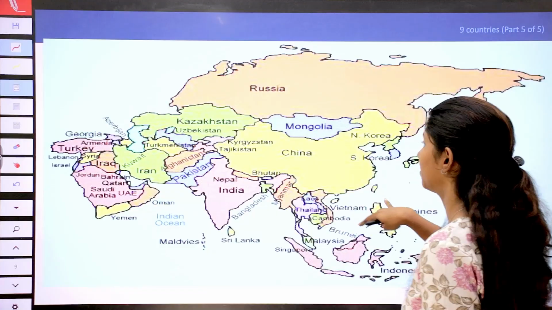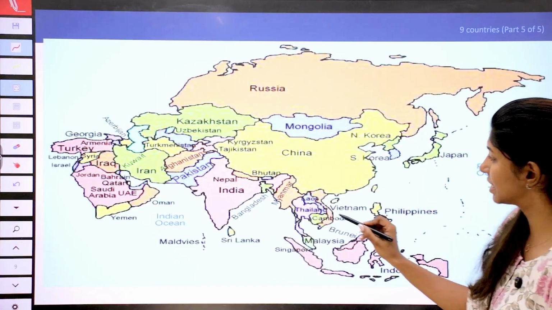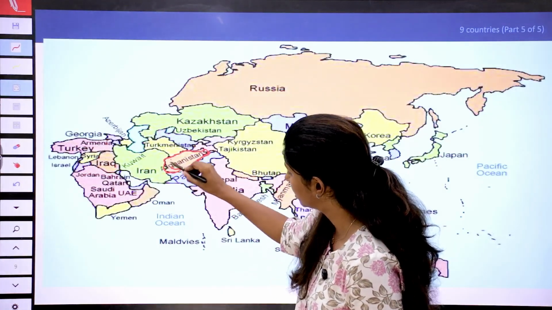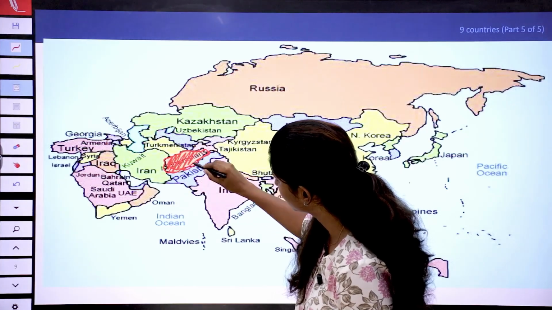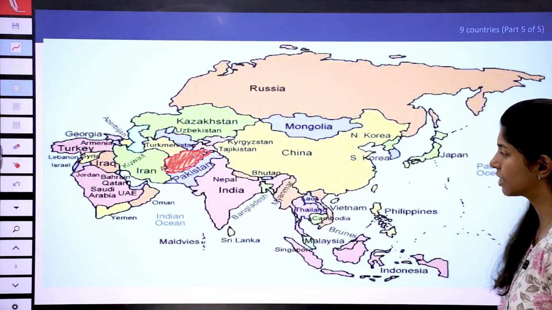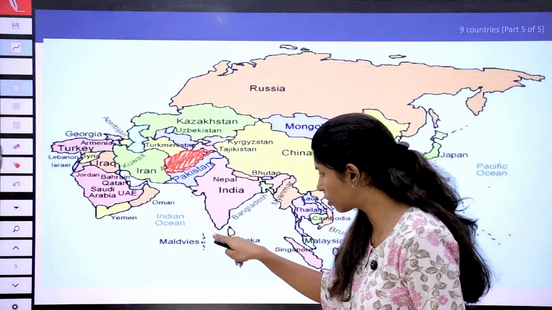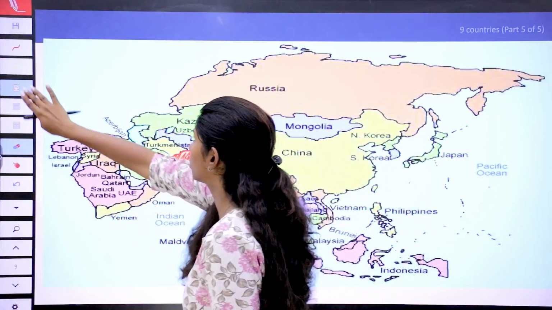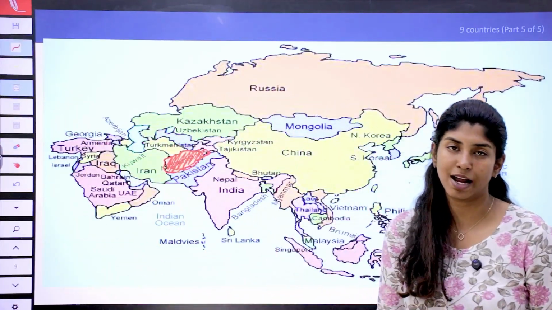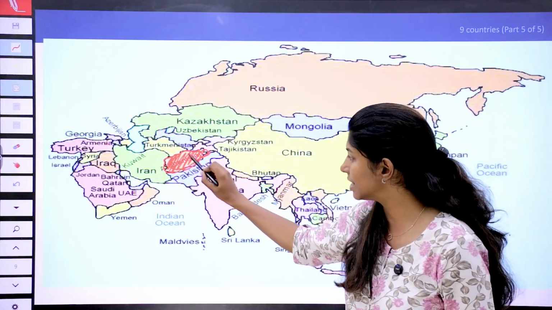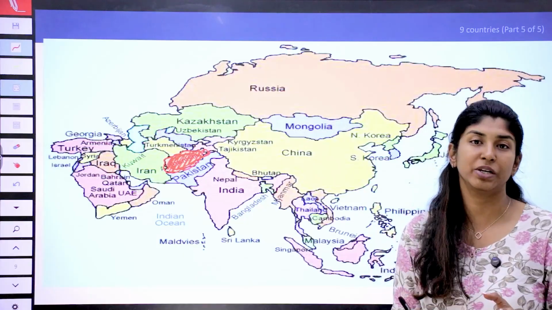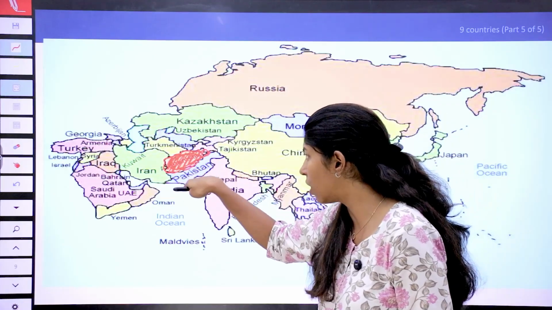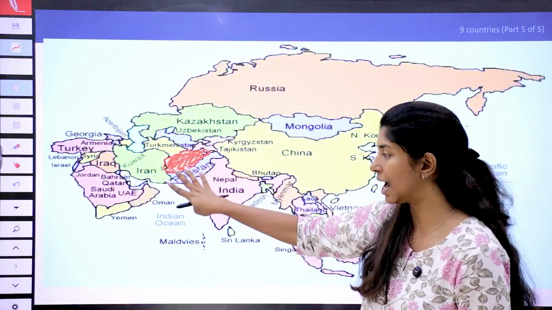Okay, this is the Asia map. Now, here, if you see, this part is Afghanistan. What do you see here? For example, this is India. We know these are all coastal cities, right? Because we have a lot of beaches and other kinds of landforms in India. But if you see Afghanistan, it's a landlocked country. You cannot see one beach or any kind of sea features there because it is completely locked by other countries and it is a landlocked country.